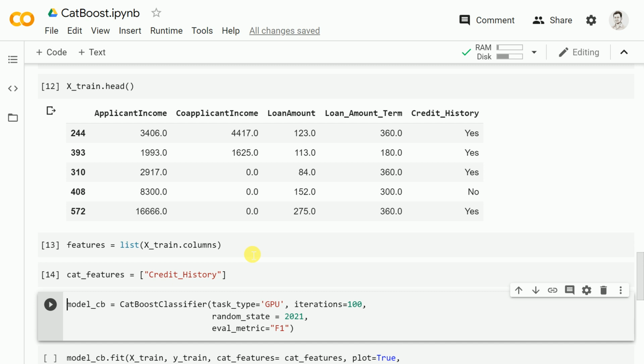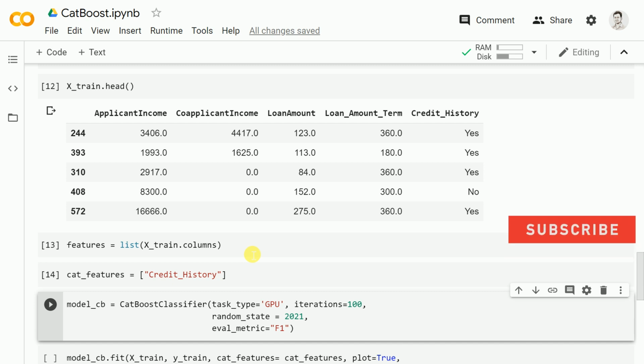CatBoost can take care of most of the pre-processing steps that you would have to do if you were using the simpler algorithms, be it a random forest or a decision tree. Most of it is taken care of by CatBoost. If there are missing values in the numeric columns, then you don't have to care about it. CatBoost will help you in that. You don't have to worry about encoding the categorical variables, so you don't have to worry if it's a nominal variable, ordinal variable, and so on and so forth. All of that is taken care of by CatBoost itself.